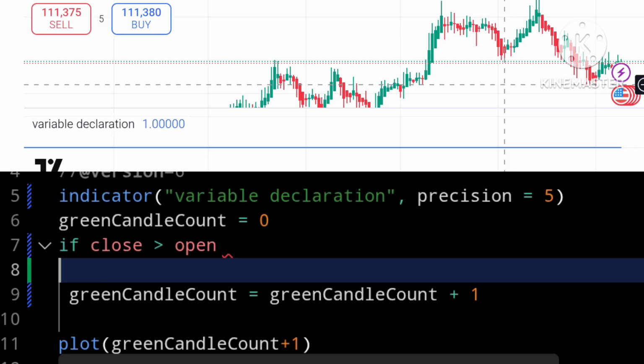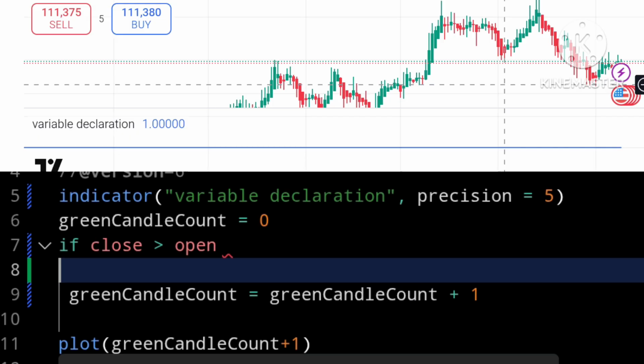So every time our script runs, green candle count is set to 0. And so it never gets past 1, because on every new bar this code is run again. Green candle count is reset back to 0 and then incremented by 1 on bullish bars.